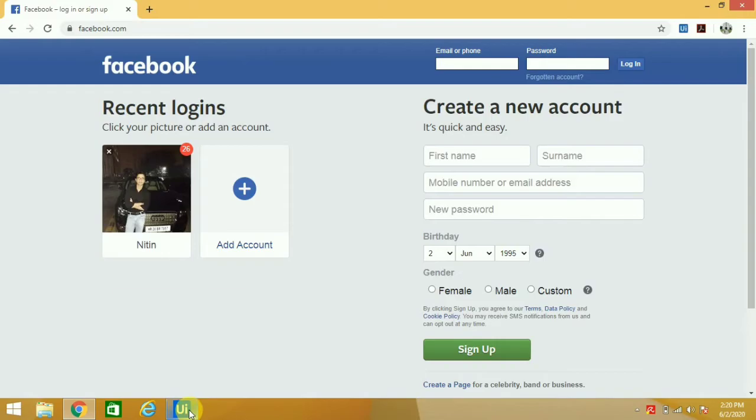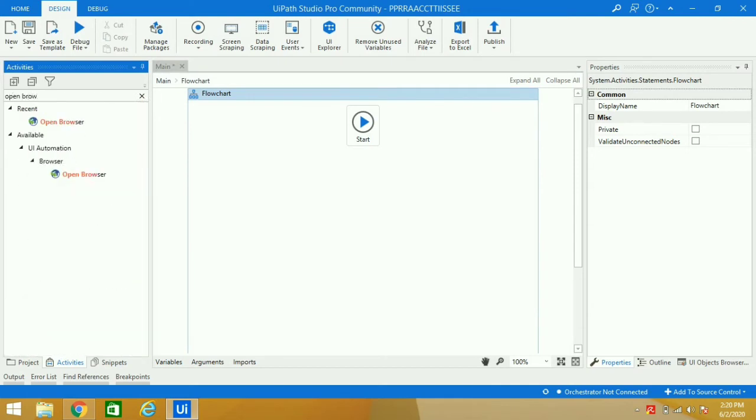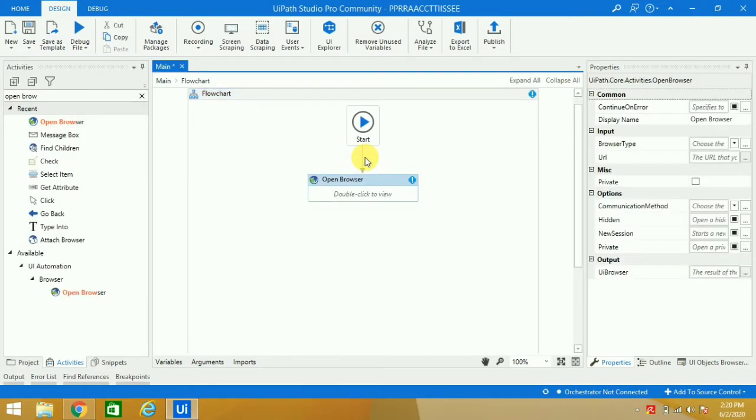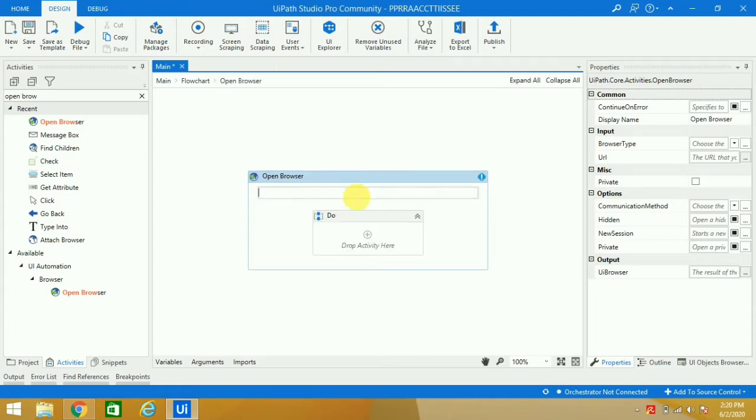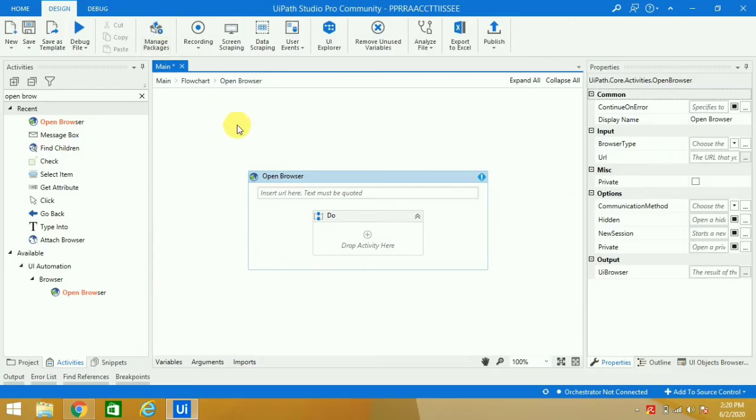So we will create the automation which will give us the exact count in a particular drop down. Sounds interesting? Okay, so we'll open the browser and do our automation in Facebook only, which I just showed you. I have taken a flowchart, so let's do it in the flowchart. I'll open the browser. We will paste the link of Facebook. We took the Open Browser activity, and here we will enter the URL inside double quotes.